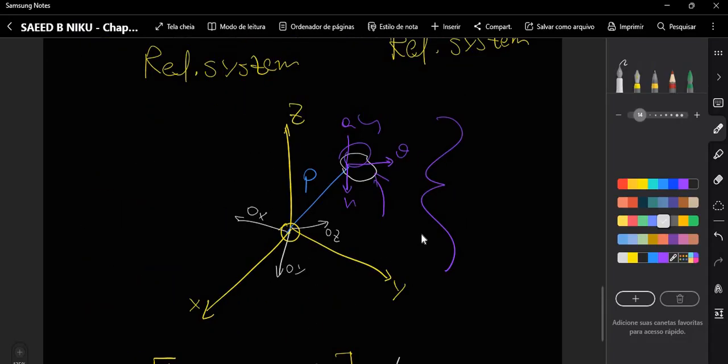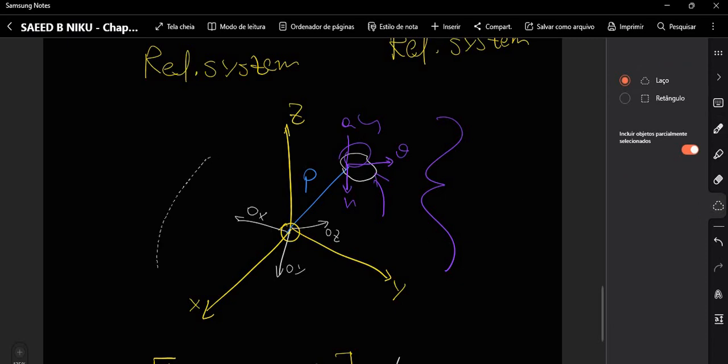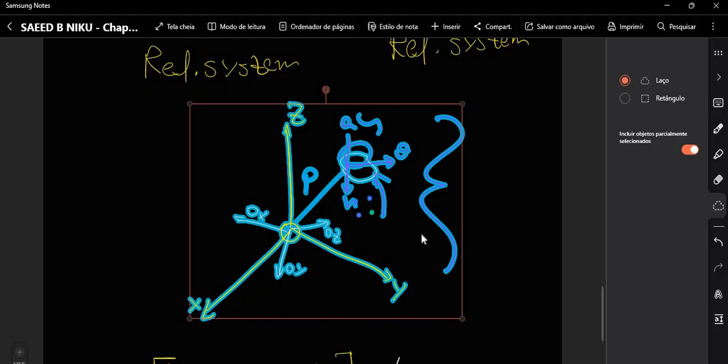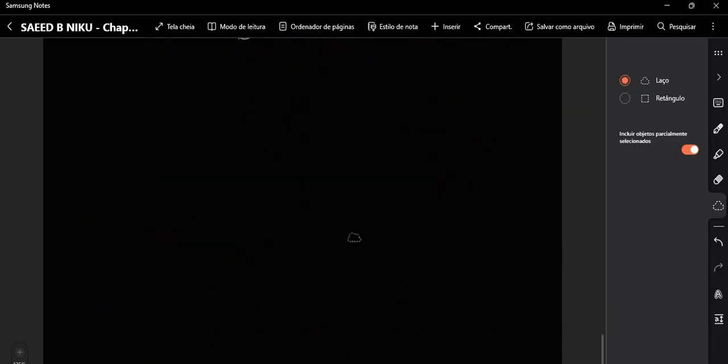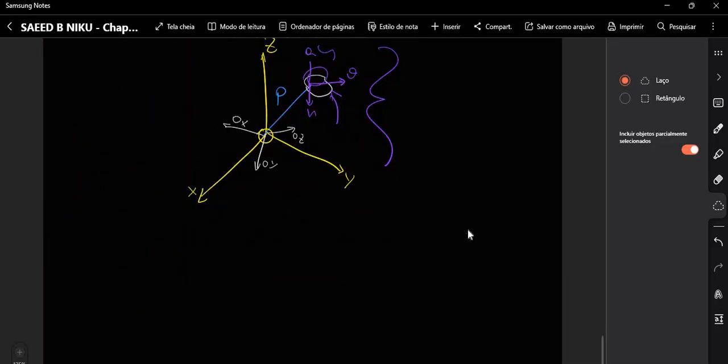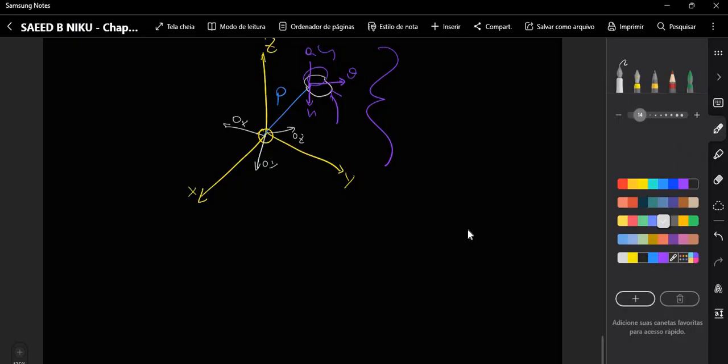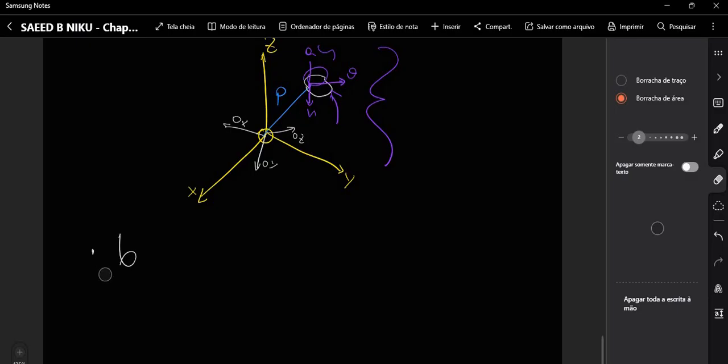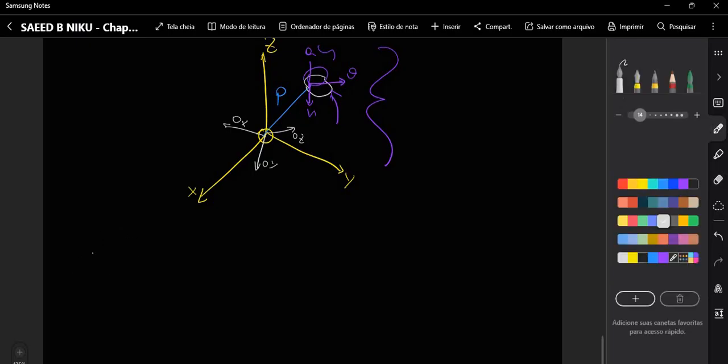So let me copy this figure and paste right here. So let's write 6 equations of restriction. But very important, these equations are based on what we know about this referential system, and we know